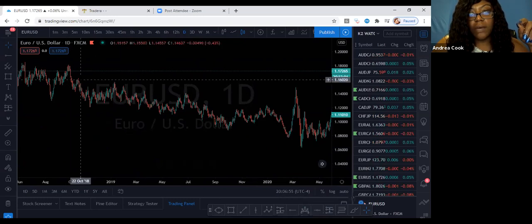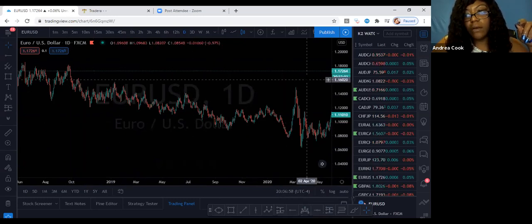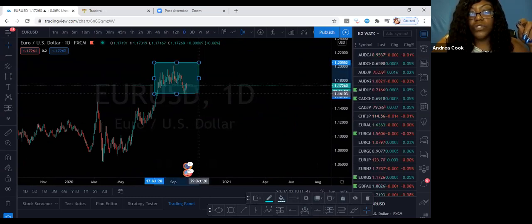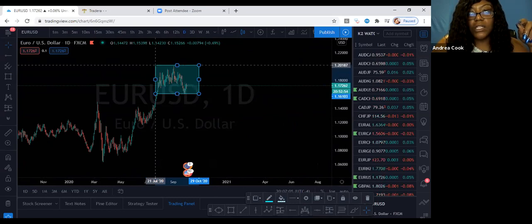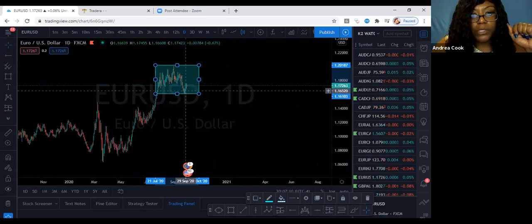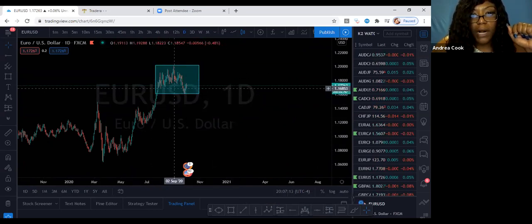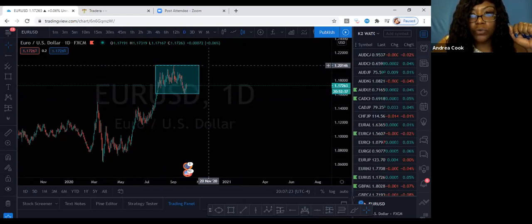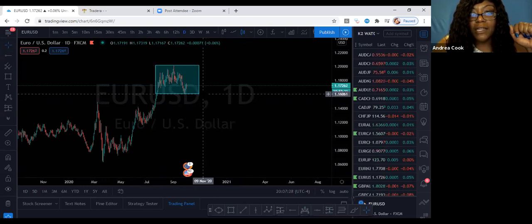You see how this is coming down? It's working its way down. This right here is considered consolidation. When you jump into a trade and you're in consolidation, you get what they call whipsaw. So let me explain what whipsaw is. You see that the width of this box is only from price right here, which is 1.161, right? The highest price goes to is 1.201. So that means that you can't make any more money